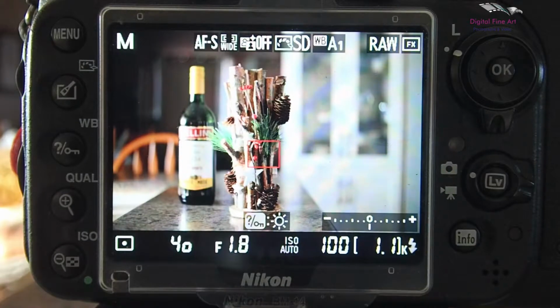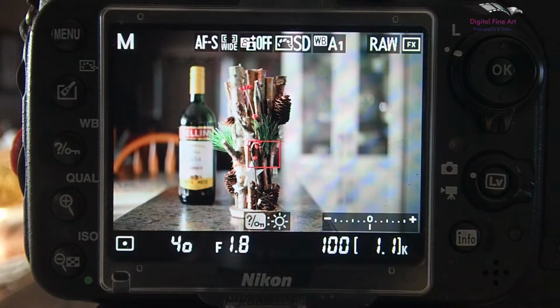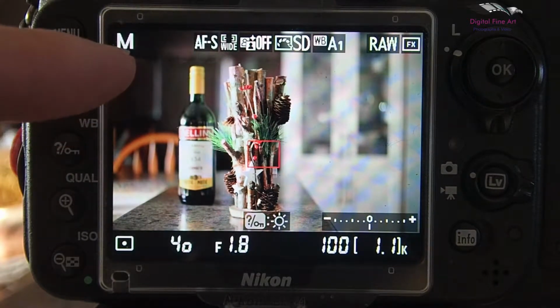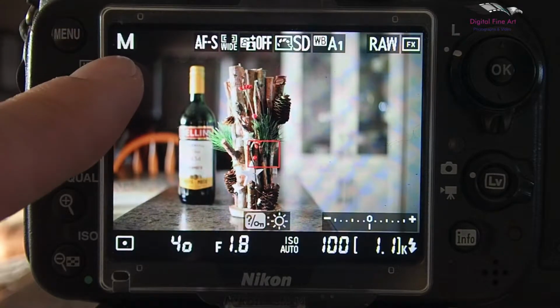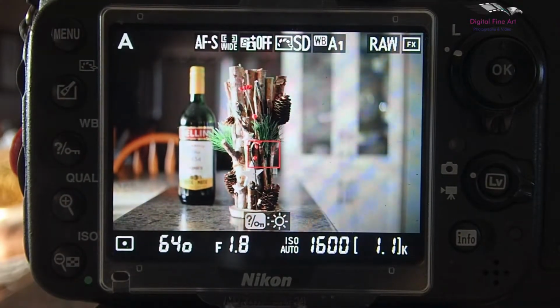Okay, so we've taken that picture now, and what I'm going to do now is show you what will happen if I allow the camera to make some choices for me. I'm going to put the camera now onto aperture priority. If you have a look here, this M will change to an A. There we go. Now what this actually does is allow me to choose the aperture setting,